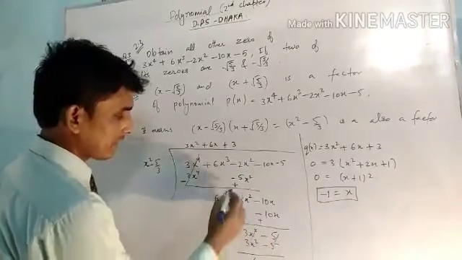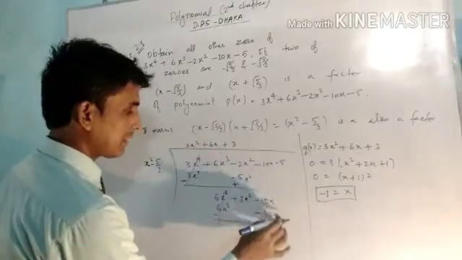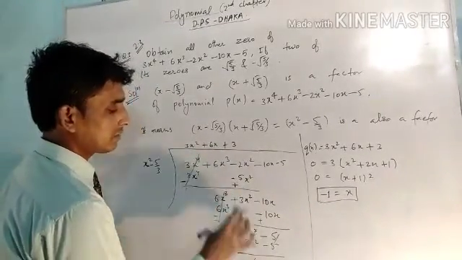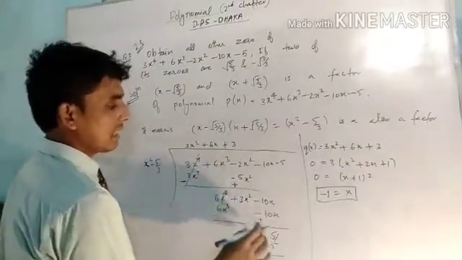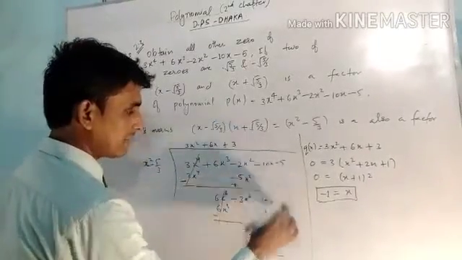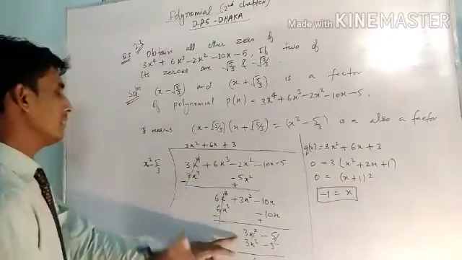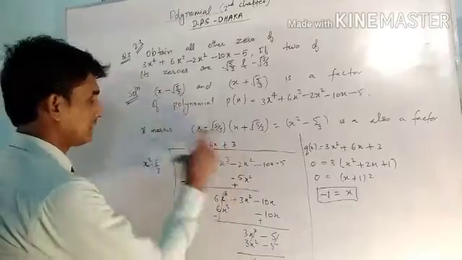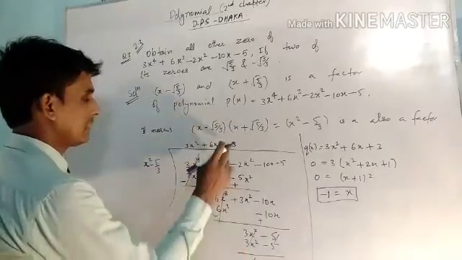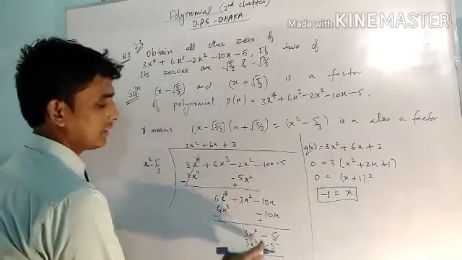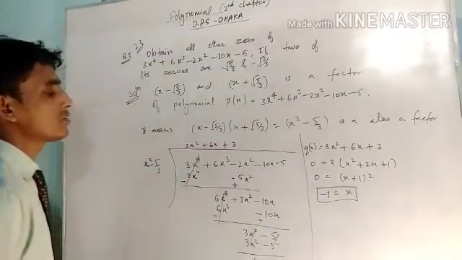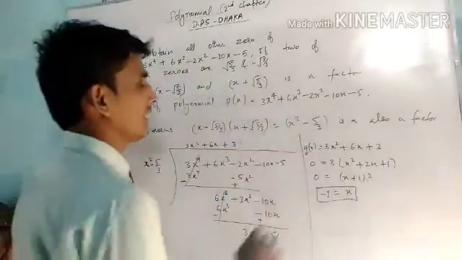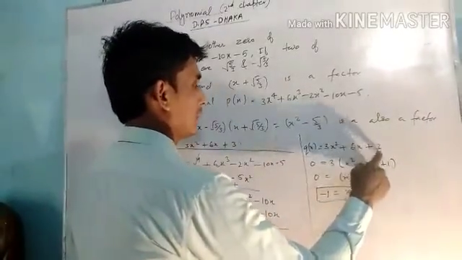Now if we subtract, the 10x is negative and this is positive, so it will cancel out. Now this 3x square you will put here as it is, and we will write this minus 5 here. Now again we will take another number, 3. If you multiply 3 with x square, you will get 3x square. If you multiply minus 5 by 3 with 3, you will get minus 5. This will cancel out. So we have got the quotient polynomial as 3x square plus 6x plus 3.